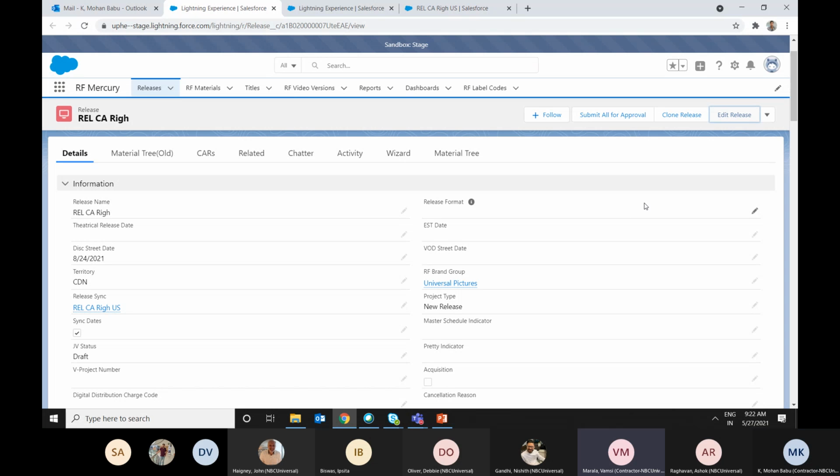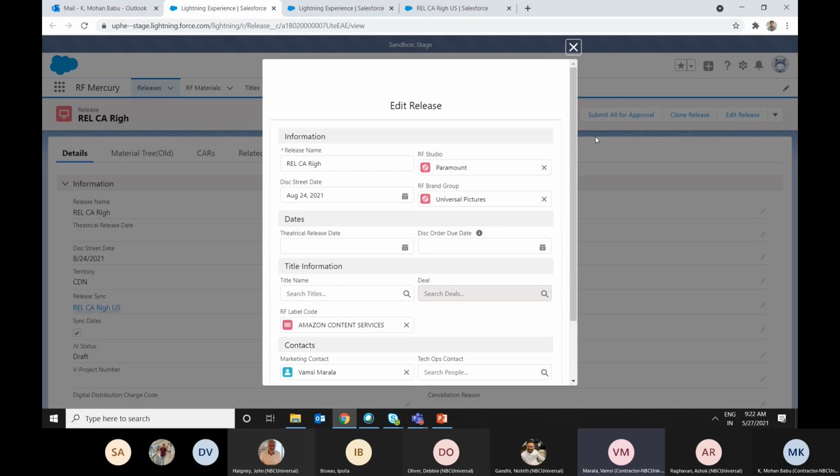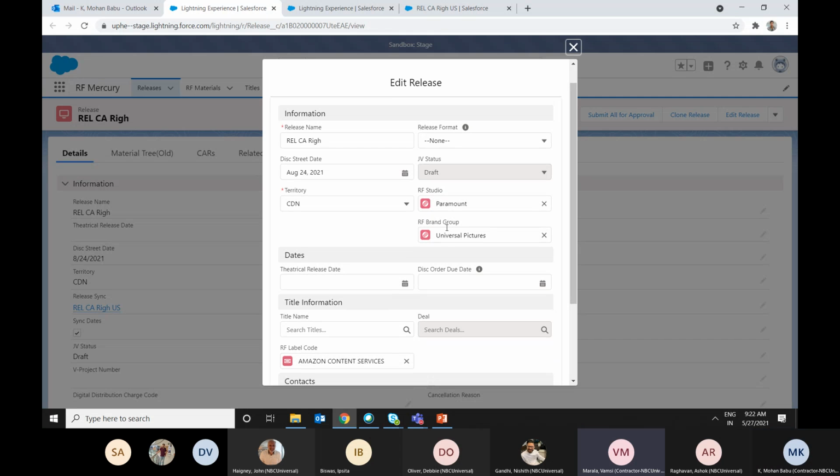We are using this edit release only to allow the user to edit some specific fields, not all the fields. As Mohan is logged in as a system admin, we are able to see all the editable fields. But for the brand user, we are not giving access to update all the fields on the release. Most of the fields are getting auto populated. Only limited fields can be edited by the brand user. So that's why we created an edit release button. There we are specifying the detail fields where the user can update.